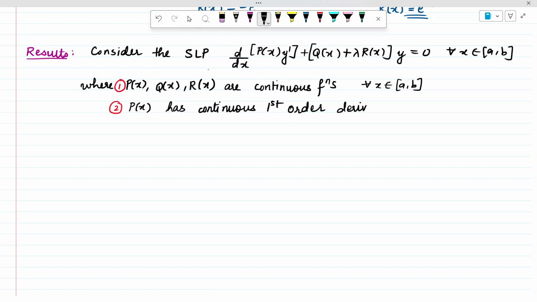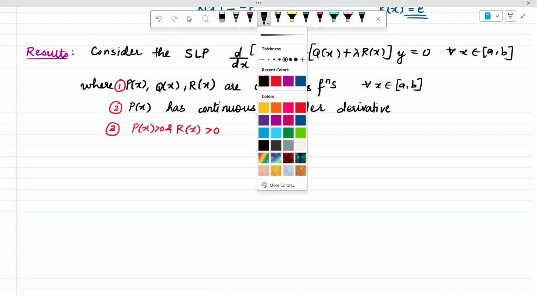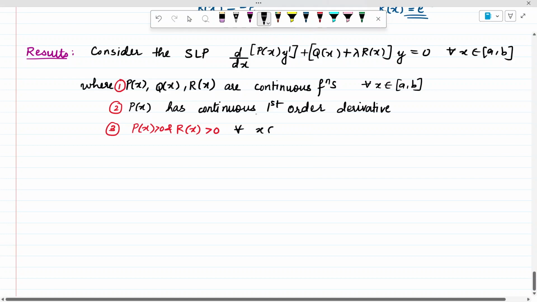So the first order derivative of p of x should be continuous. Condition number 3, your p of x and r of x should be greater than 0. Again, for all x in the interval a comma b,